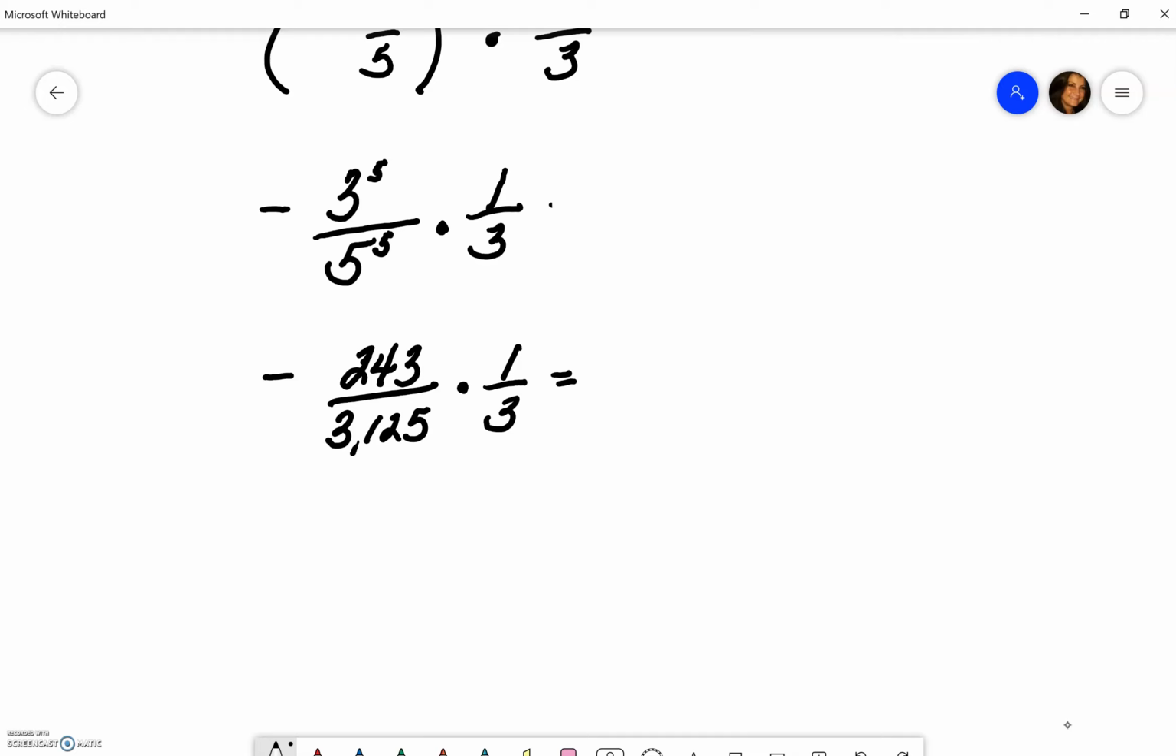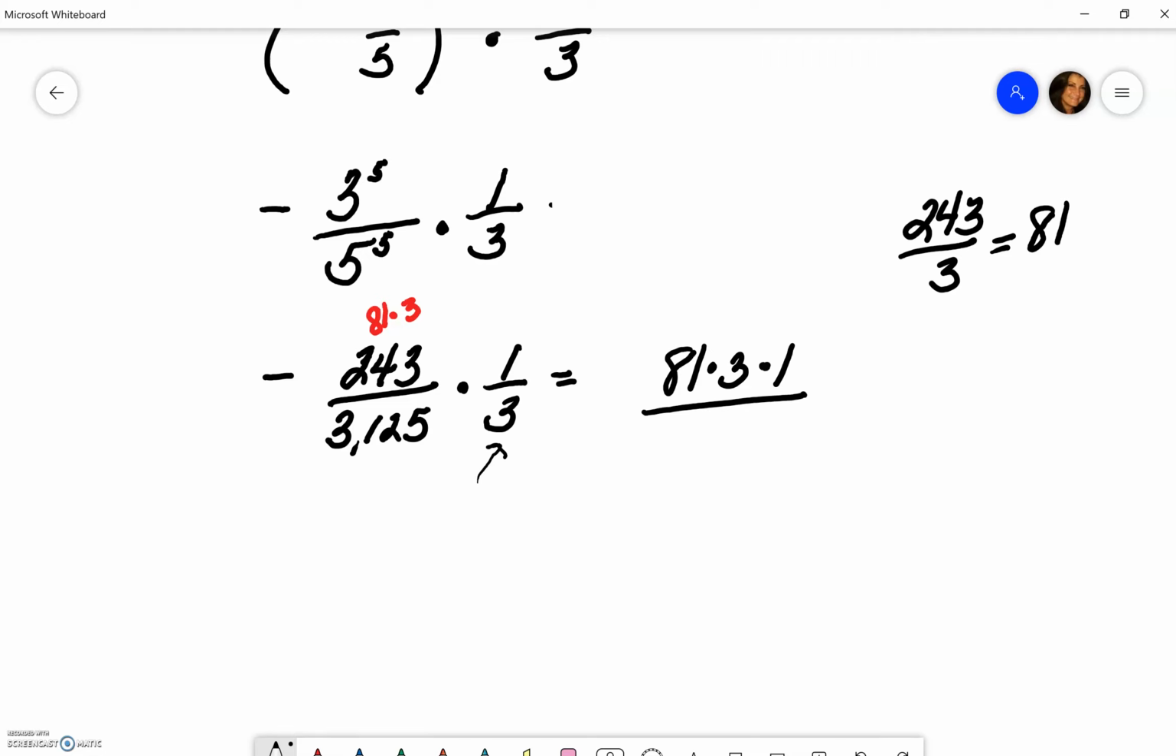Now, when I see this 3 down here, I'm like, let me see if I can take 243 and divide it by 3 in a calculator, just to see if I can get a 3 out of it. And when I plug that into the calculator, I end up with 81. So this does break down as 81 times 3, which will help those 3s cancel out. So I'm just going to rewrite that as 81 times 3 times 1, and that's all over